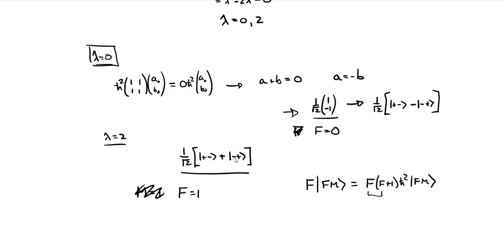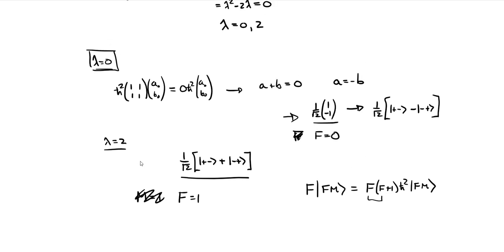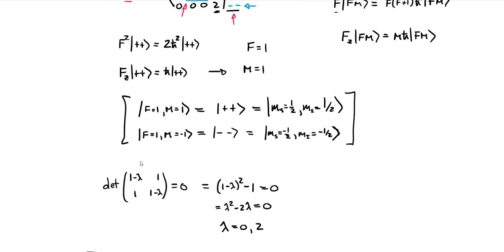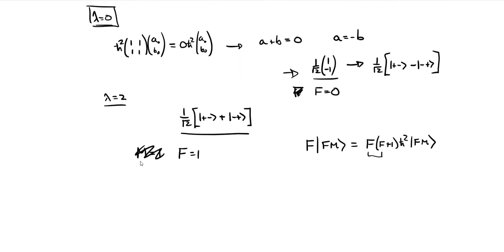So we have our quantum numbers associated with f. We have 2 f equals 1 states here, f equals 1 and f equals 1 for the polarized spins. And in the unpolarized spin ones, we have 1 f equals 1 and 1 f equals 0. So the f values are three 1s and a 0. And these are going to be our triplet states, and this is our singlet state.